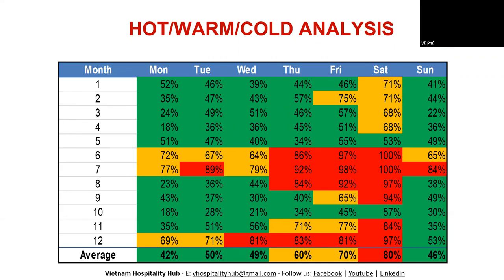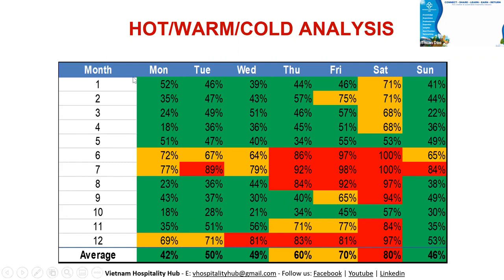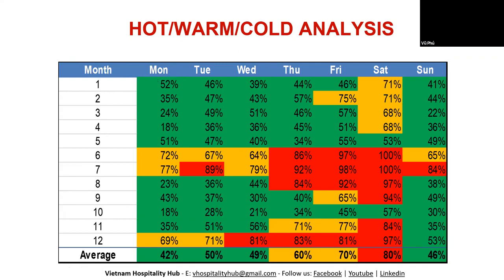Okay. So, for example, here for the month January, Monday, 55% is the average of all the Mondays in January. Let's say if I put a Monday for January over here, that means on the Mondays of January. Let's say in January we have 4 Mondays. Then this is the average of 4 Mondays.